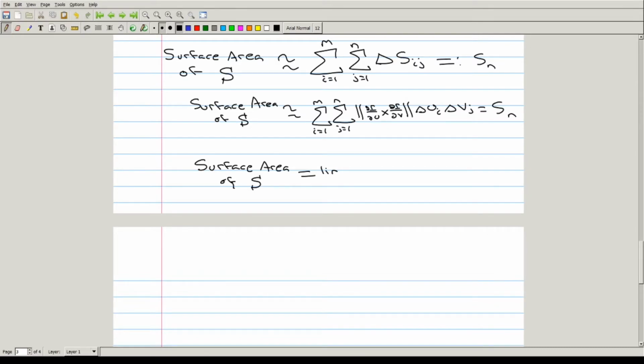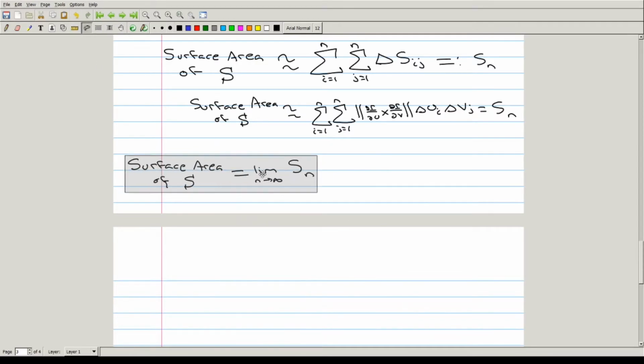It's going to be the limit as, and to make this as simple as possible, we'll keep the partition sizes the same. They don't have to be, but it's the limit as n goes to infinity of this Riemann sum. So as the partitions get smaller and smaller, and sure enough, this is exactly equal to then